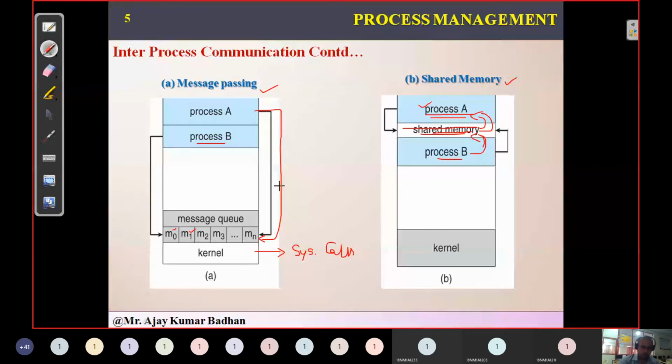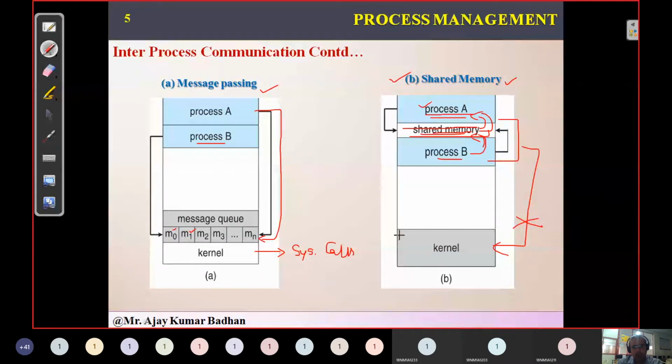Now if you ask me which one is faster, shared memory or message passing, clearly shared memory is faster when compared to message passing. Why? Because there is no interaction with the kernel here. Process A and process B have no interaction with the kernel, not at all. They are simply having a shared memory here, and only there are they performing.